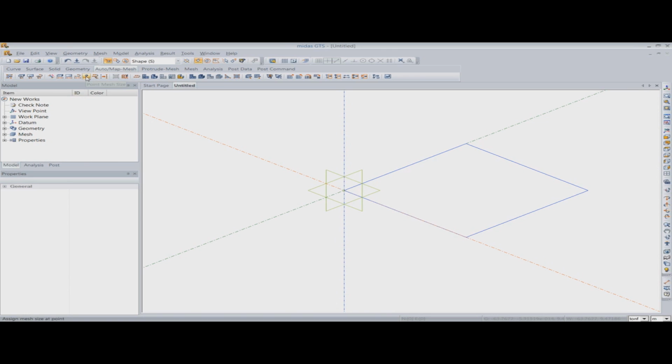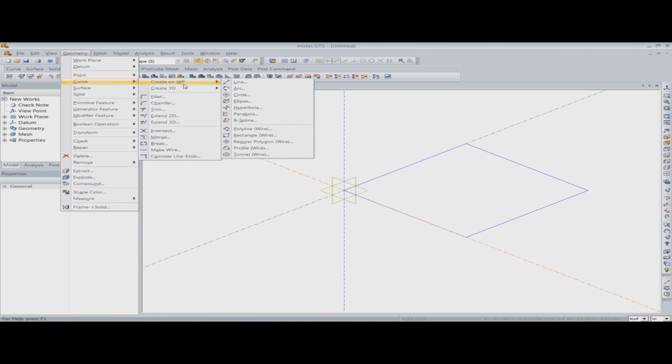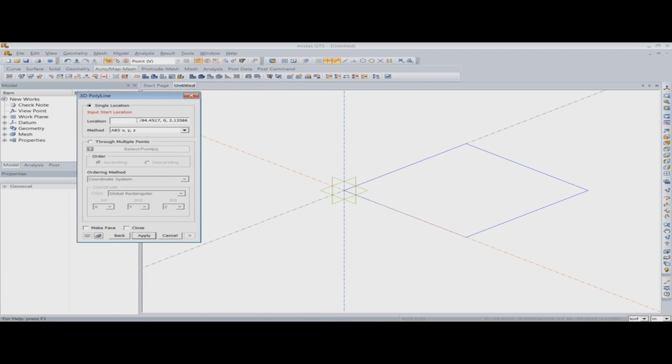Now I want to model one more wire inside it so that I can model the actual excavation site. As of now, I have modeled the outer periphery of my model, and now I want to go inside and model the excavation area. For that, again, I'll create the wireframes, and I will define the coordinates for the wireframe.